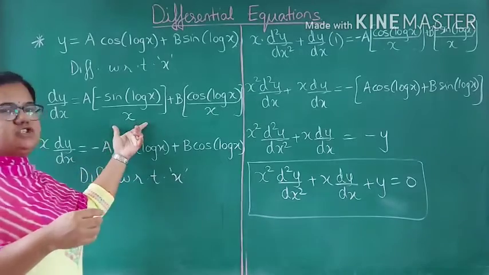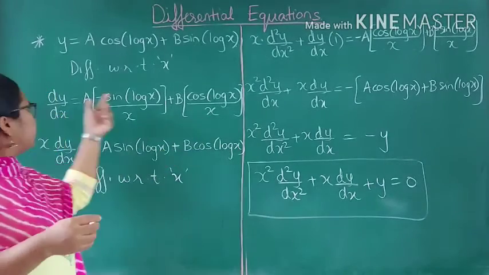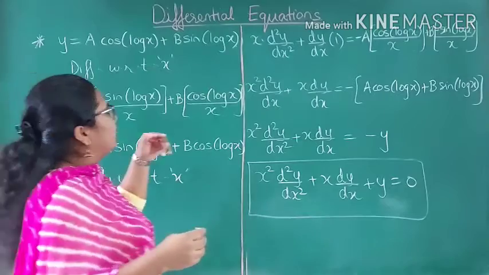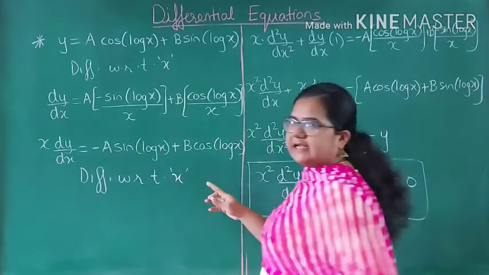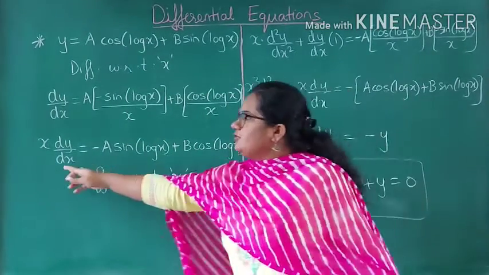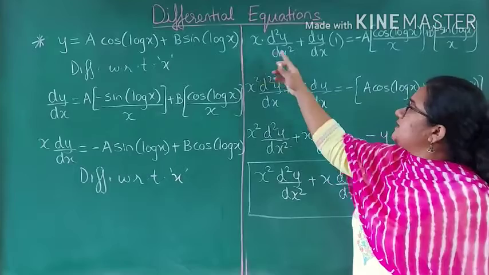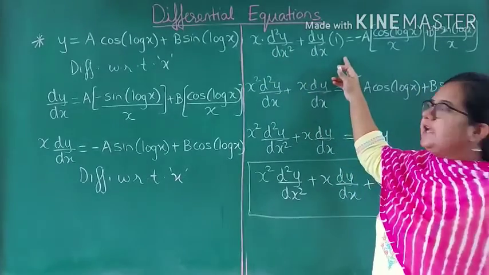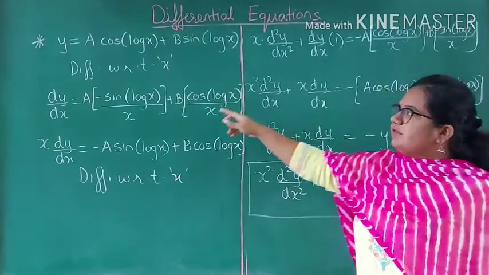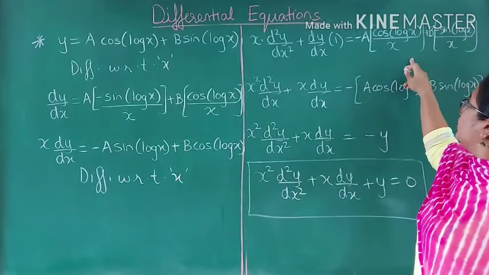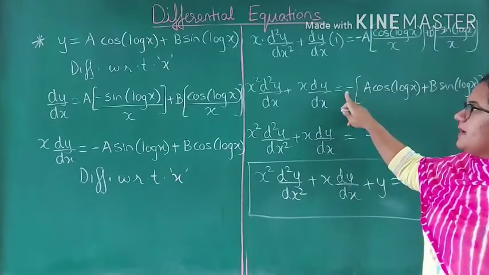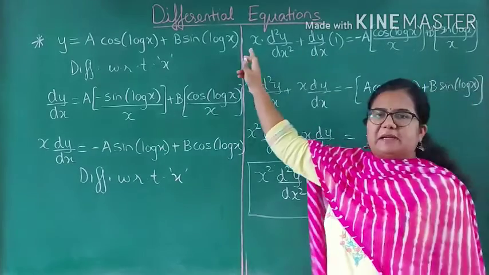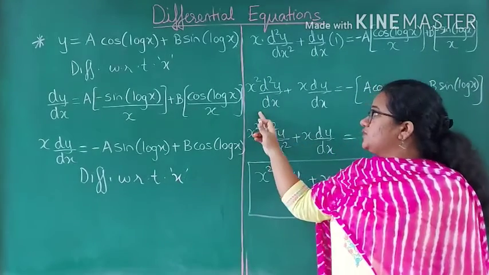So one side differentiated, denominator is same x, I took it on the other side, it becomes x into dy by dx. Then again I differentiated the second time. Okay, so here I have used the product rule. So x derivative of dy by dx plus dy by dx into derivative of x. RHS, in the similar way what we have done, we are using the chain rule, we have differentiated, then I have taken minus sign common out. Again here x denominator is same, so we have multiplied on LHS, it becomes x square d square y